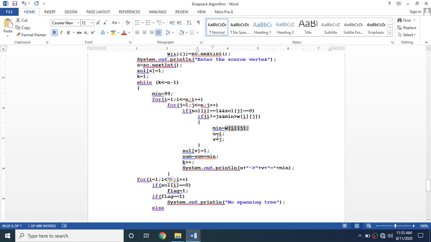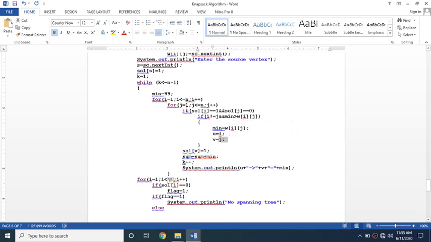And then next we need to initialize from where to where that edge is, so that is u and v. It will be iterated until you get the minimum. When you get the minimum, we need to visit that, right? So from i to j.